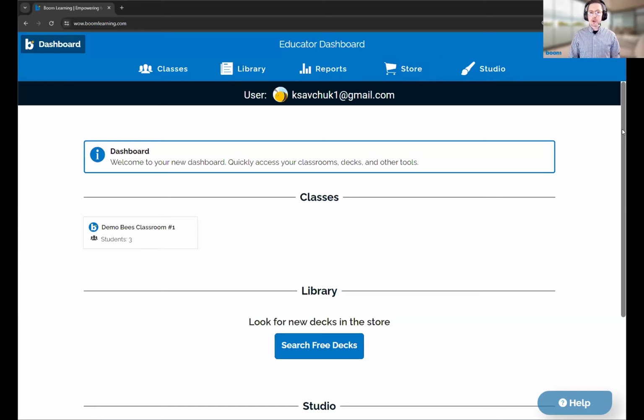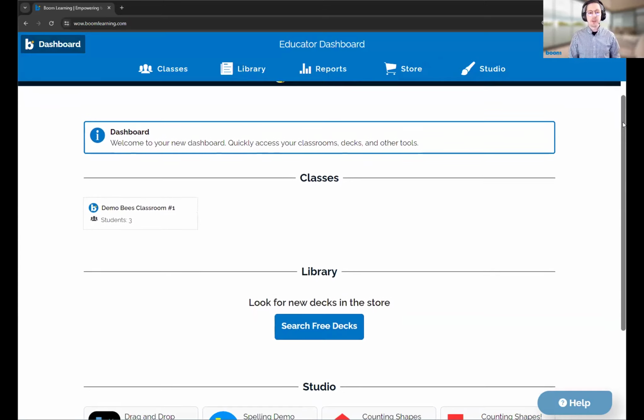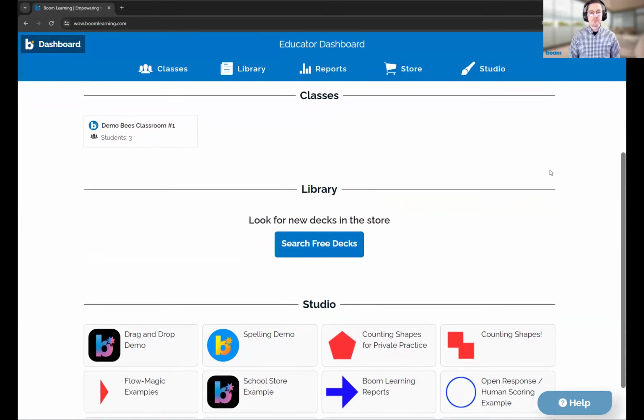When you first start looking at your account or sign in, you'll be on the dashboard. And the dashboard kind of gives you an overview of what is in your account. You have some classes here, and a classroom is basically just a folder that holds student accounts in it. So a classroom may have student A, B, and C, and then your other classroom has students 1, 2, and